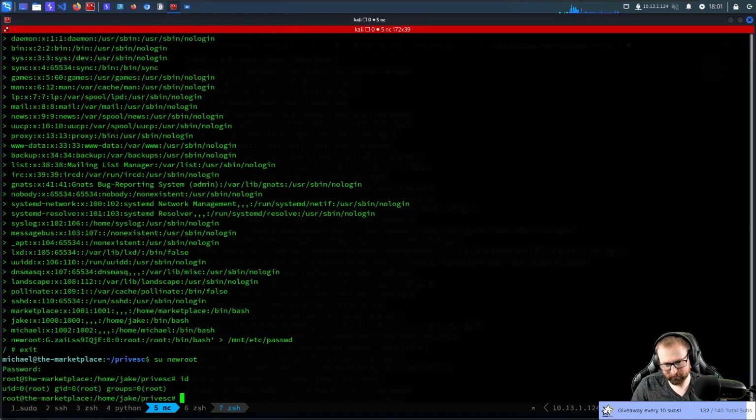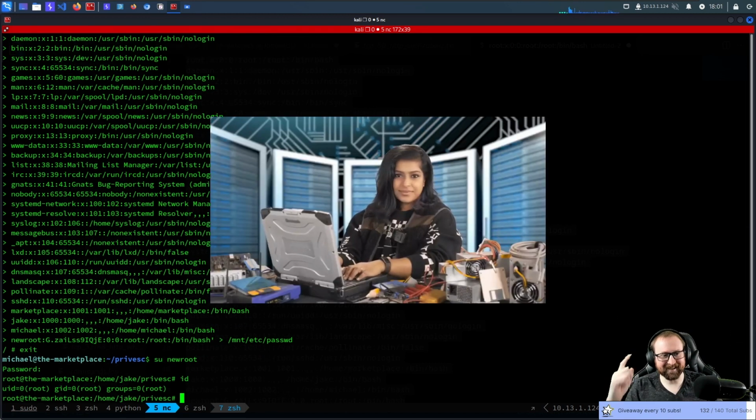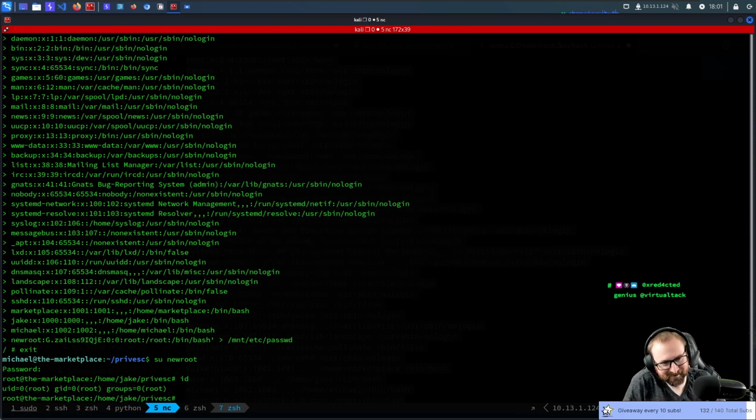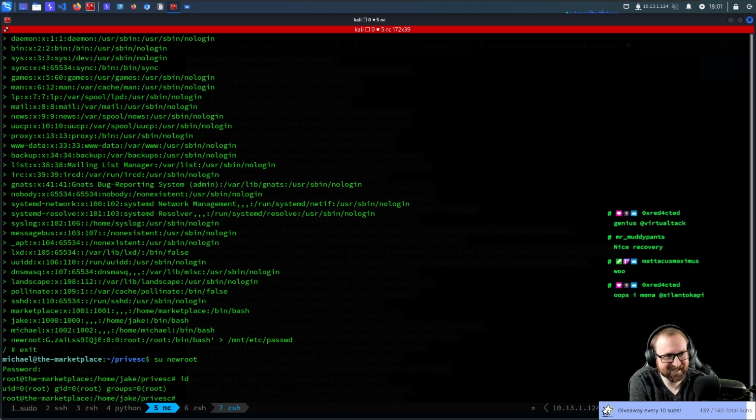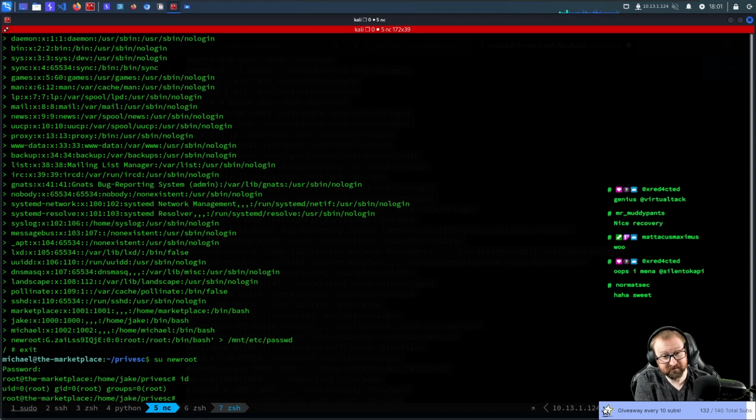Look at that. I'm root. It worked. I'm in. What an epic recovery. Thank you, Silent Okapi, for the suggestion. Okay, so yeah, any questions about this?